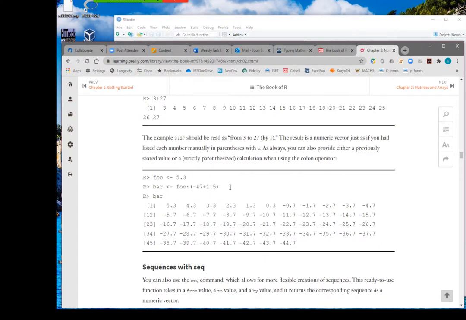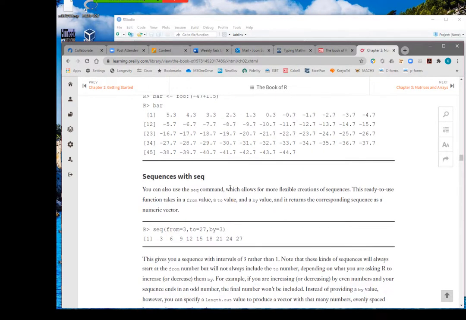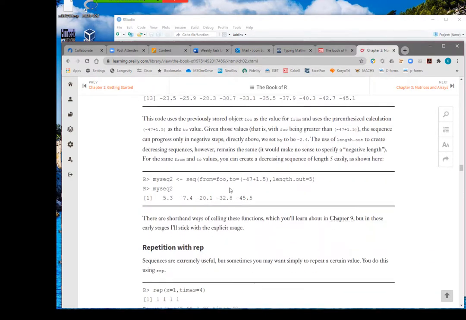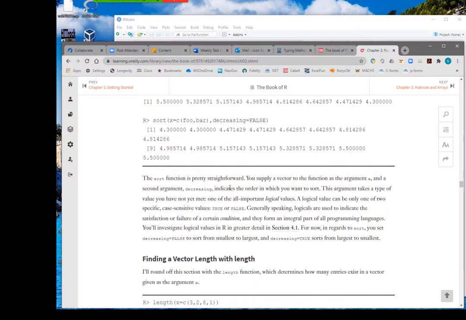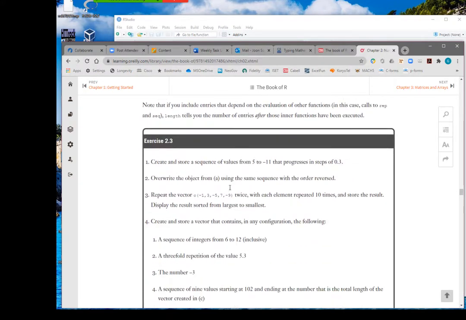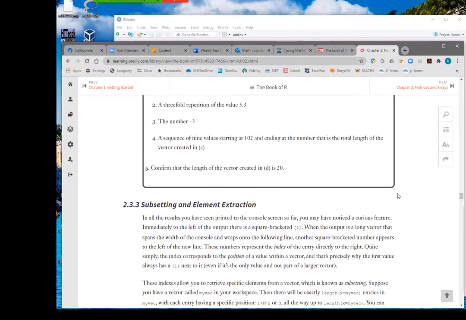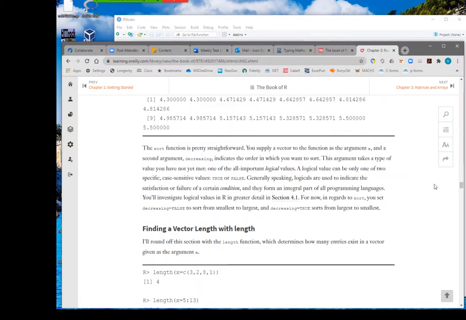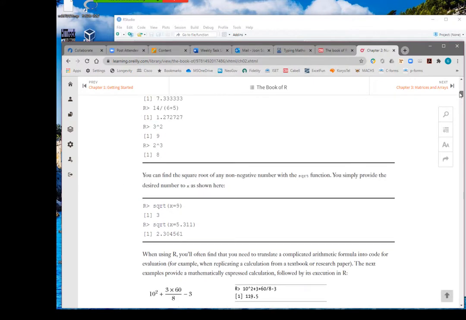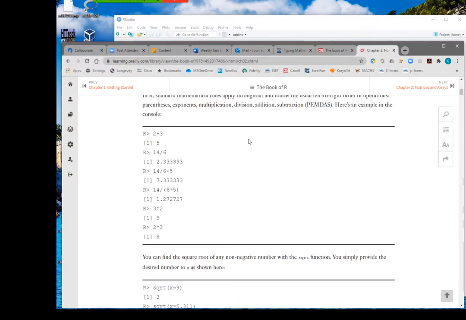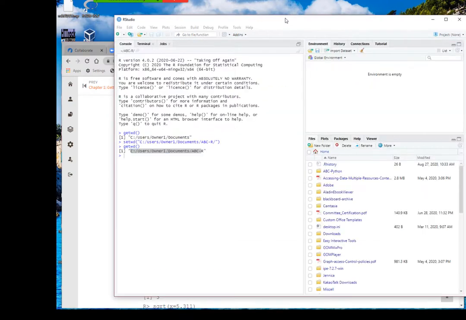I hope I can finish up to here, but we'll see. First I'm going to start with the very basic concept of arithmetic. For that, I'm going to use a script.